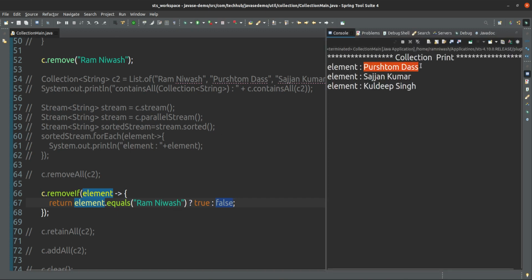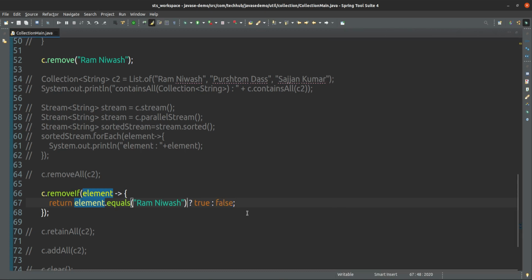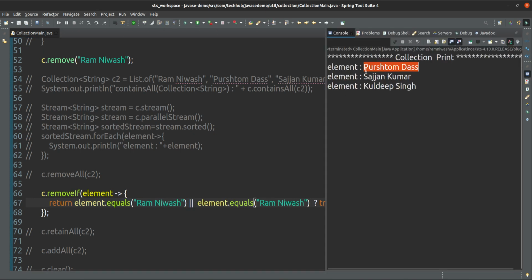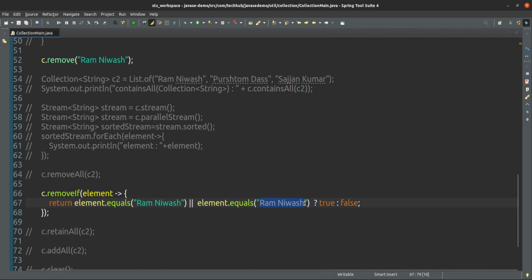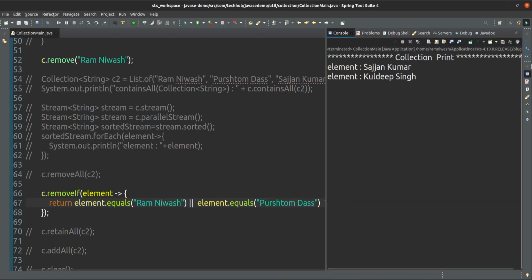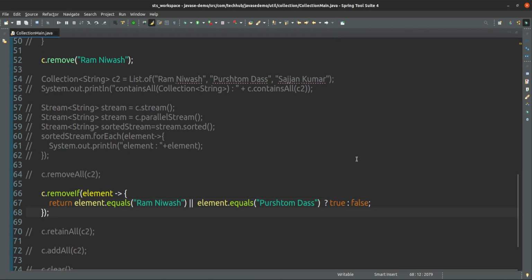If I give here Ram Nivas equals Ram Nivas or equals the other one, what is the other one, Purushottam Das, so now both will be removed. Yes, removeIf with multiple values, according to the multiple values you want to remove, you can remove, that is up to your choice. So this is the predicate, removeIf.